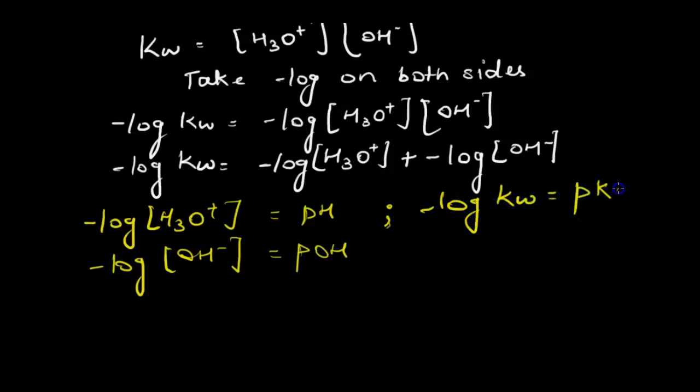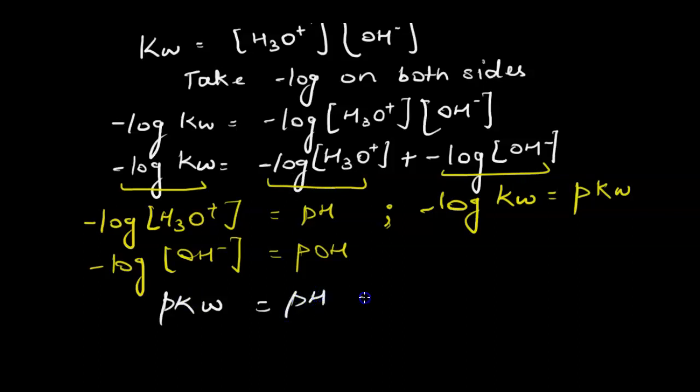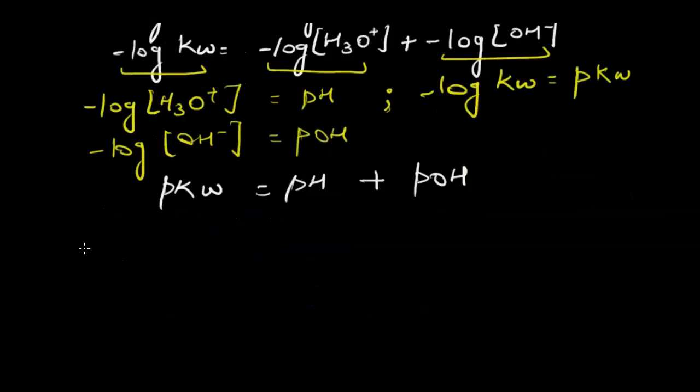So when we apply these three rules to these three terms, we are finally left with, in place of negative log of Kw, pKw. In the case of negative log of H3O+ ion concentration, we are left with pH, and here we are left with pOH. We also know one more thing, that hydronium ion concentration and hydroxide ion concentration at 25